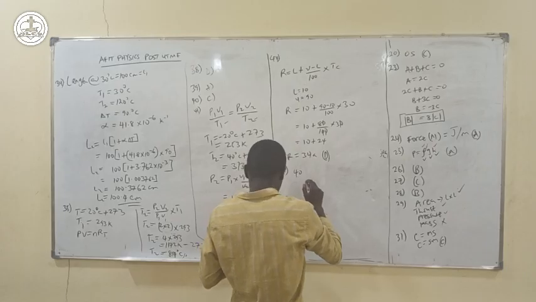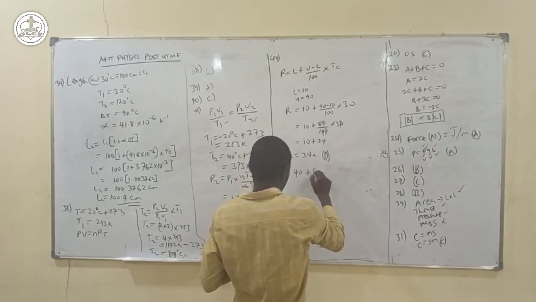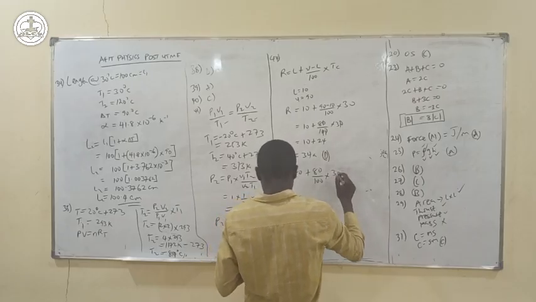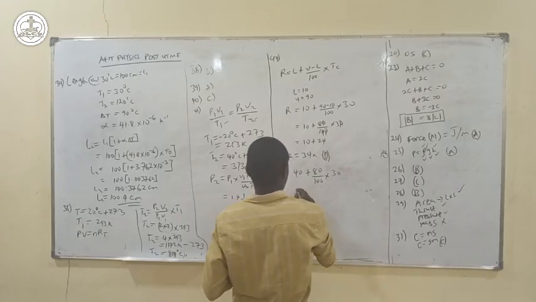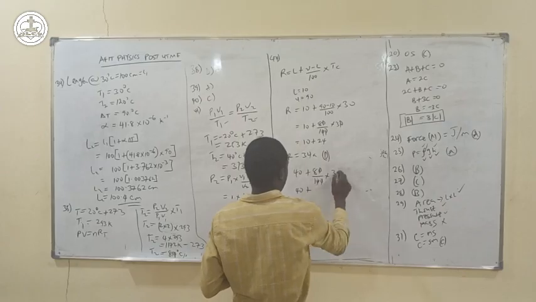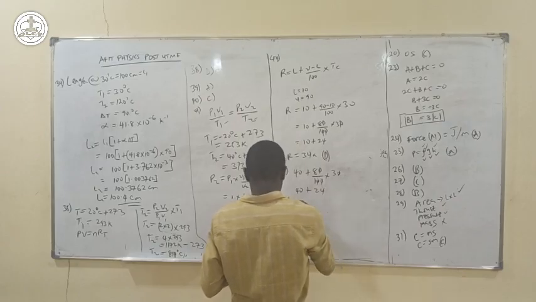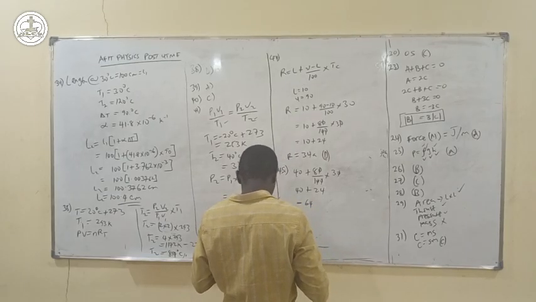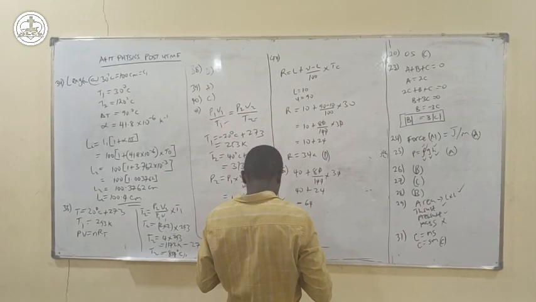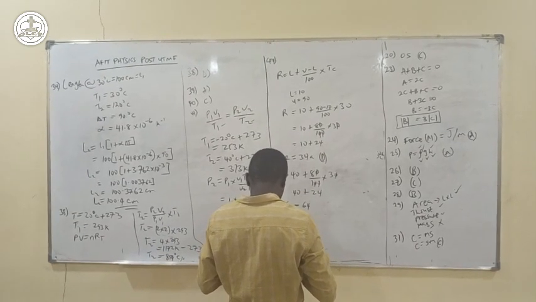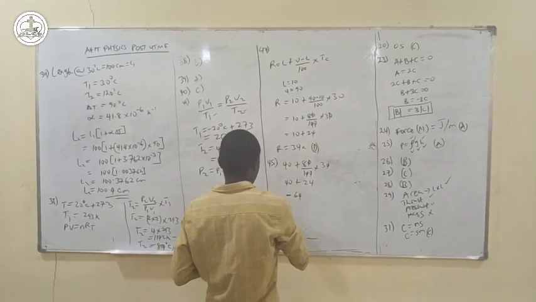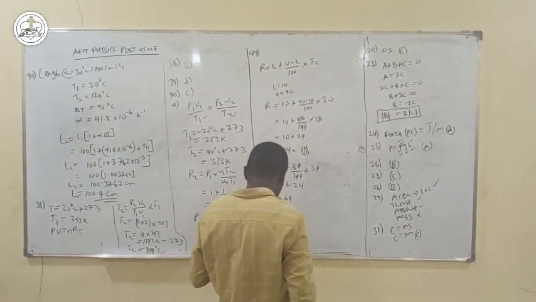40 plus 80 over 100 times 30 is equal to 40 plus 24 and is equal to what? 64. This one, 64. So question 46 says the